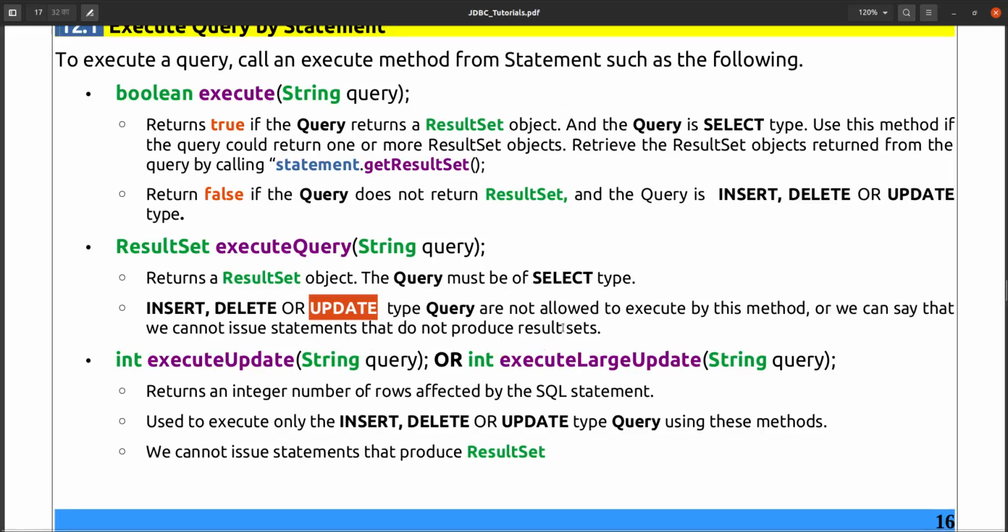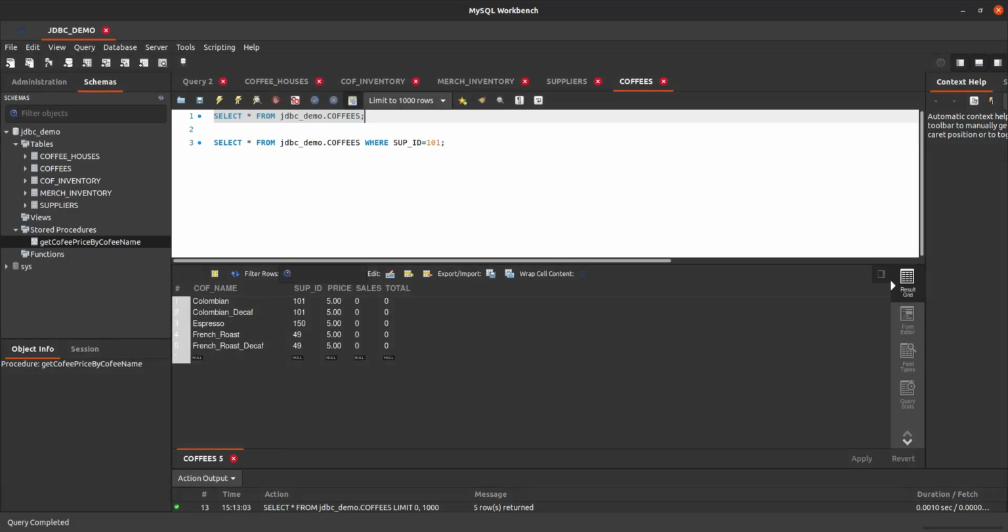If any query is not producing a result set, you cannot execute that statement using the executeQuery method. And using executeQuery, you can execute only the select type statement, that is the statement that is producing a result set. Okay, so this is the use of executeQuery.